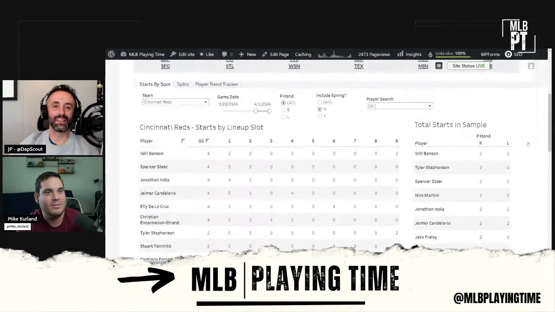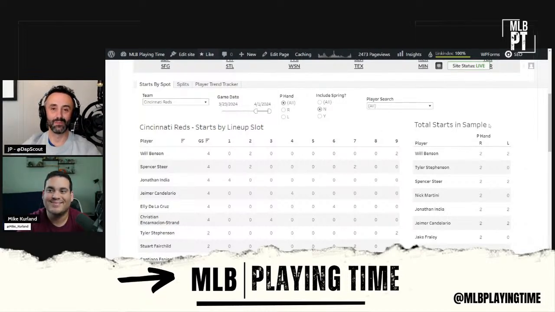As you can tell, Mike is very, very humble here. I mean, this is a tool that has been amazing for the last couple of weeks. It's been fun to toy with. He's trying to make it as perfect as possible, and I think the notes piece would be great, like a little exclamation mark or something next to the player to let them know what's going on there. But if you use this tool and then even search for the date range on Twitter, Mike would probably make a note. And Mike always has Mike notes or Curlin notes on Twitter as well, and probably correlates to a lot of this stuff.